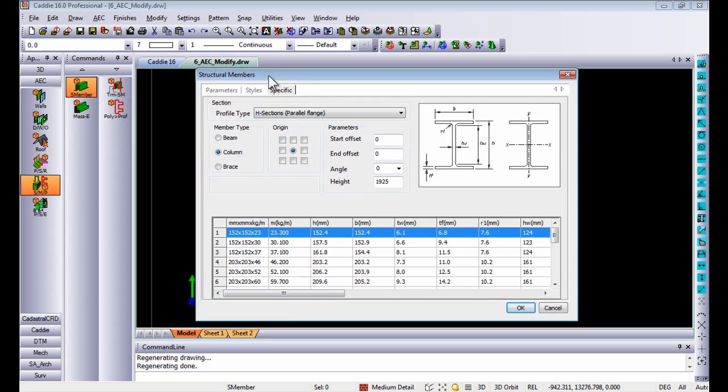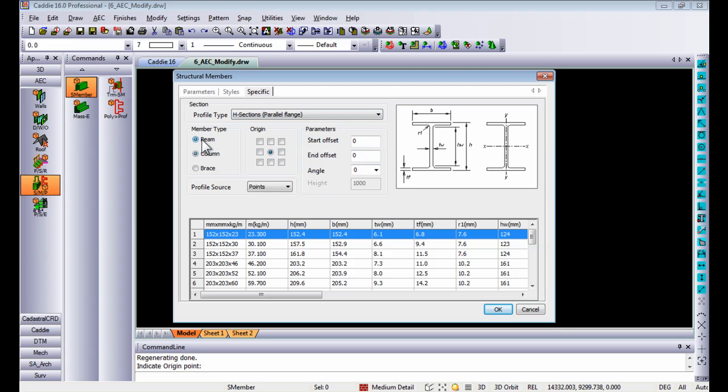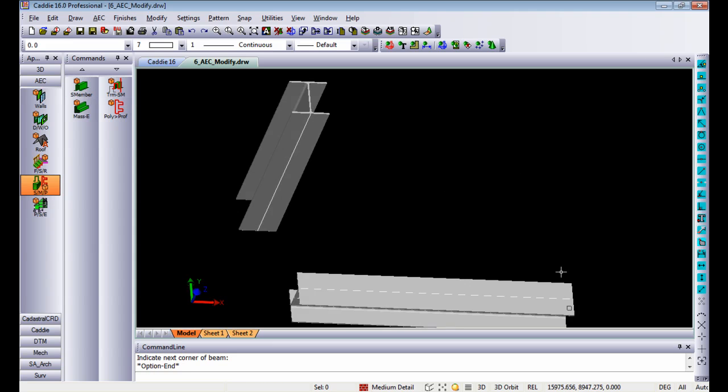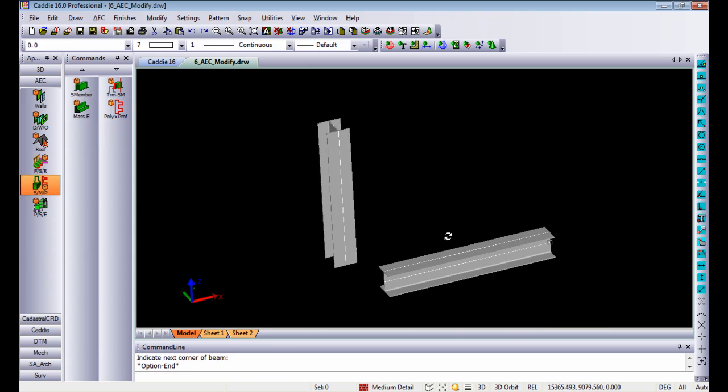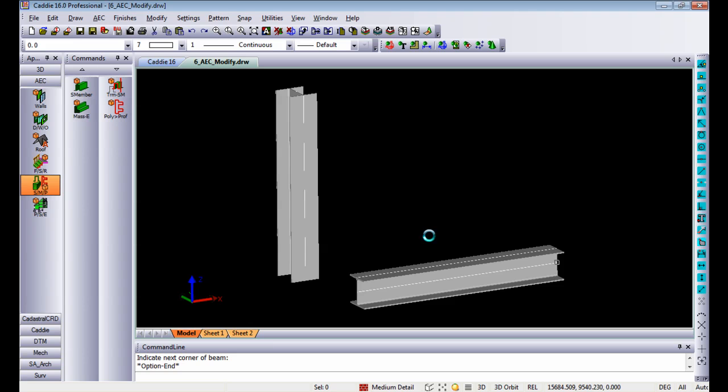Those structural members can either be added as columns at the height of, let's say, 1 meter, and once I indicate the position, you will see it draws a column. And in exactly the same way, if I do a structural member as a beam indicating points, I can draw a structural member going from left to right like this. So once again, doing a three-dimensional orbit, you will see those steel profiles are now AEC objects that is now